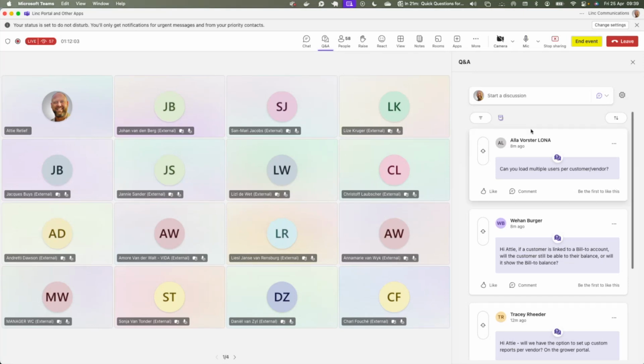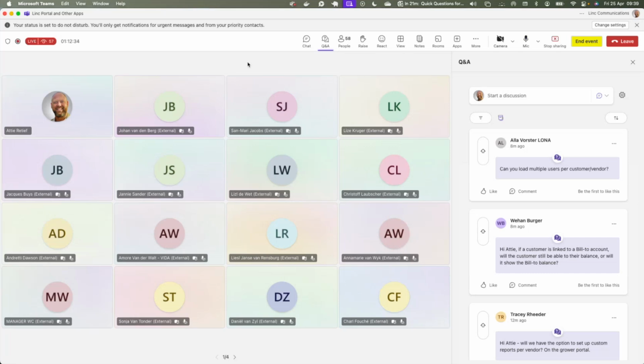Doesn't look like it. Okay, so nobody's asked probably the most important question, which is what is the price of the Portal app? The Portal app subscription is, like I said, a flat fee per month, and it's not limited to users or companies. It's 4,000 Rand a month for the customer portal, and 4,000 for the vendor portal, or 4,000 for the producer portal in the ProduceLink case.